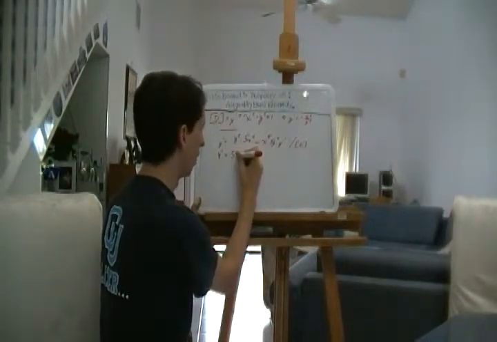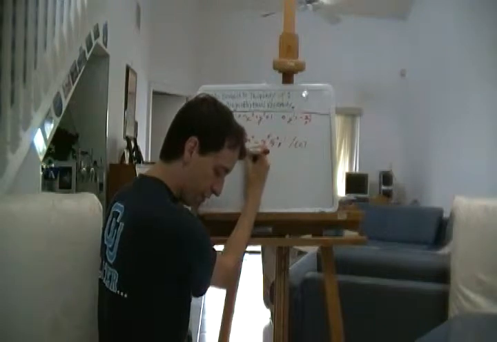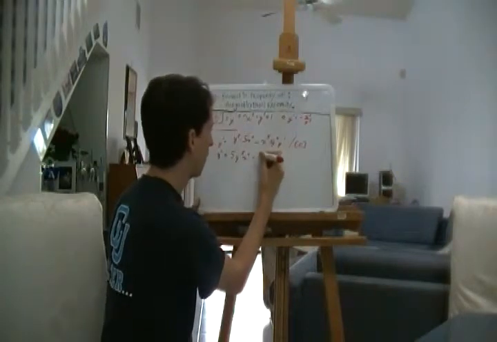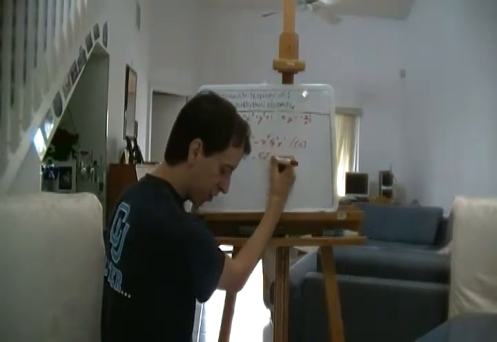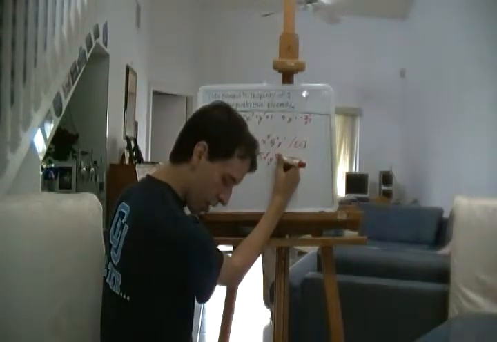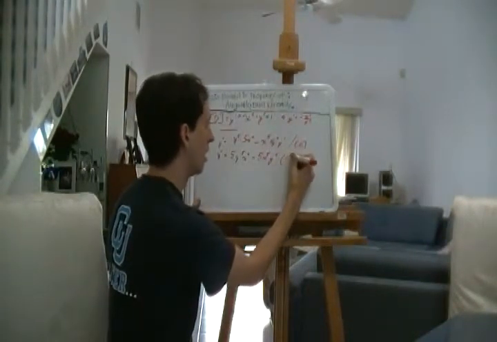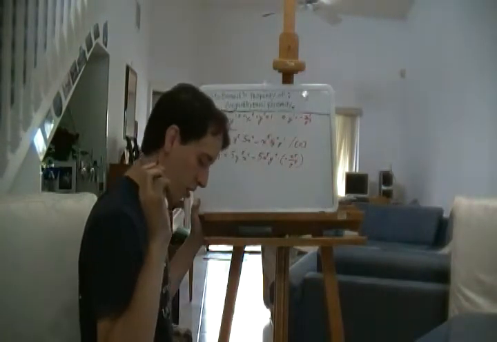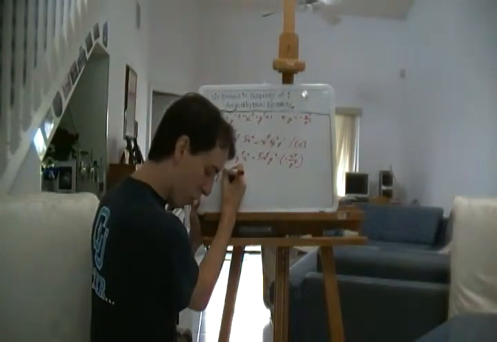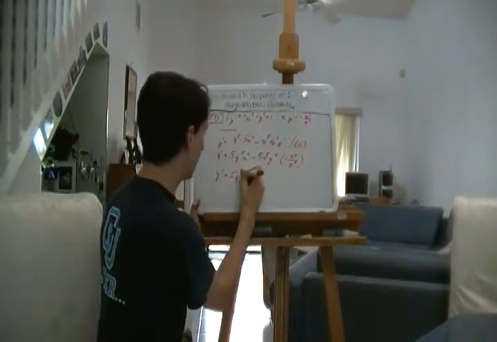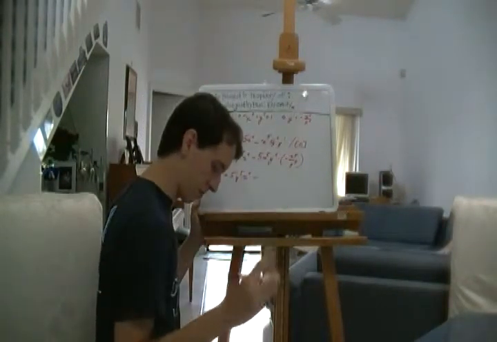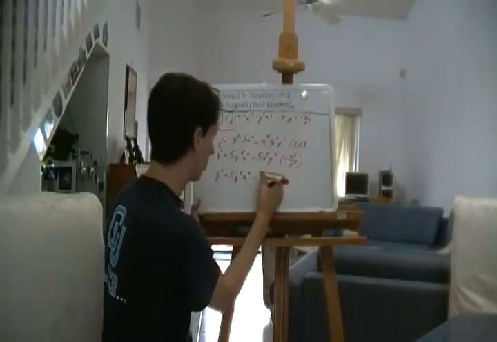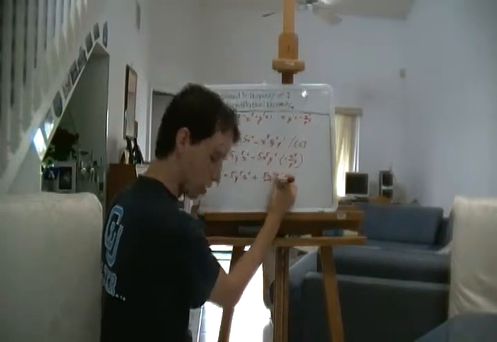is therefore 5y to the 5th x to the 4th minus 5x to the 5th y to the 4th times negative x to the 5th over y to the 5th. Okay? But that's going to simplify more. Y double prime equals 5y to the 5th x to the 4th minus, multiply that through, and we get plus 5x to the 10th over y,